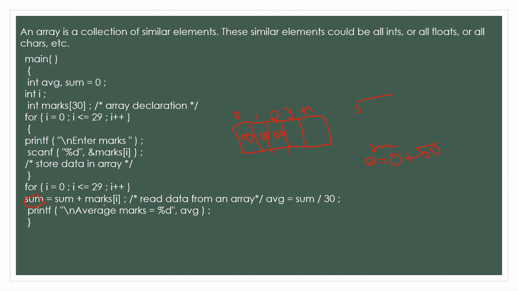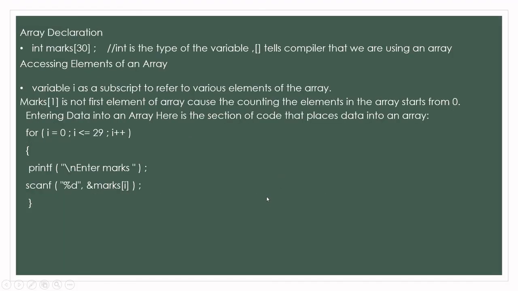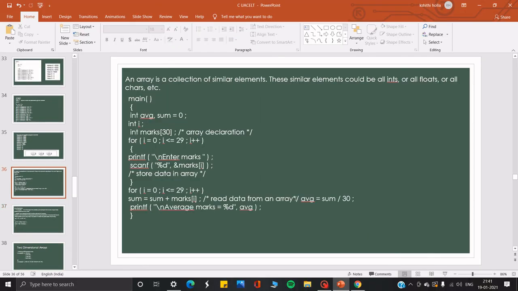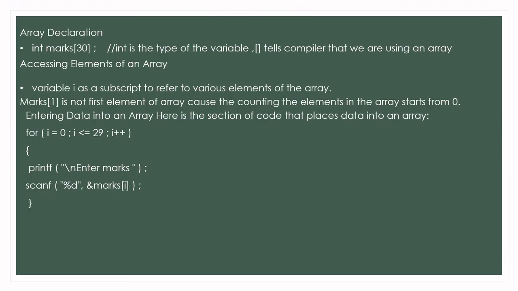This gets stored over here, and then you'll go through it again until it reaches 29. So 50 is the first one, and then 50 plus 45. Similarly, every sum is calculated, and then average is calculated. Average is equal to sum by n. And this is array declaration. It's under subscript, and